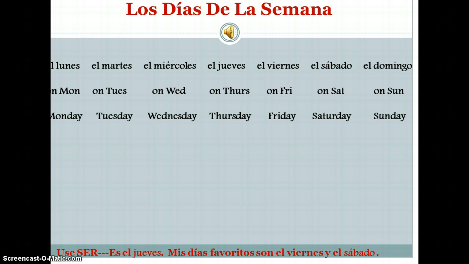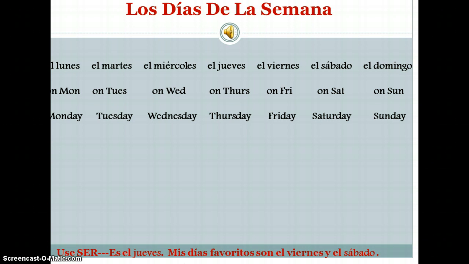Notice the word el has meant the, and it still does, but this is where you can't literally translate everything. So el lunes can mean just Monday, or it can mean on Monday instead of en lunes. The way I remember Monday is lunes looks like the word luna, which means moon, and moon and mon, as in the abbreviation for Monday, look very similar.